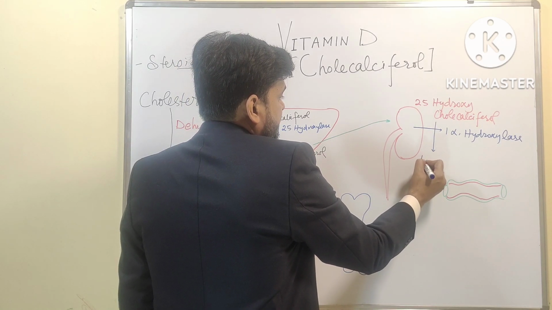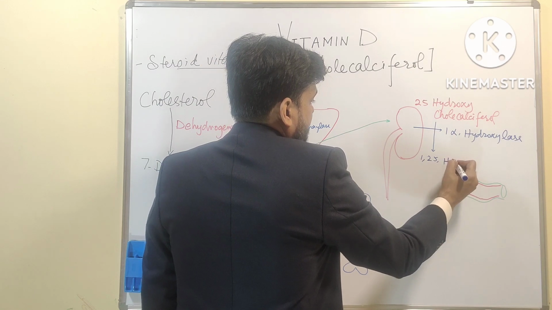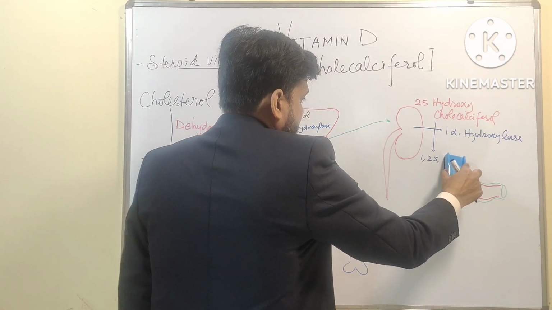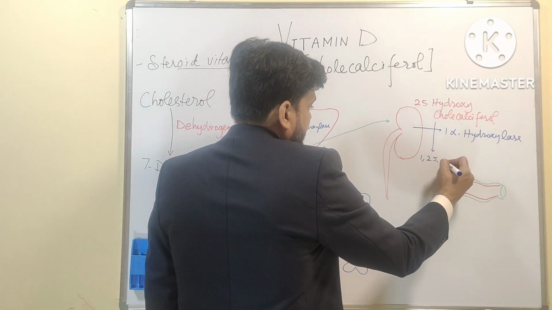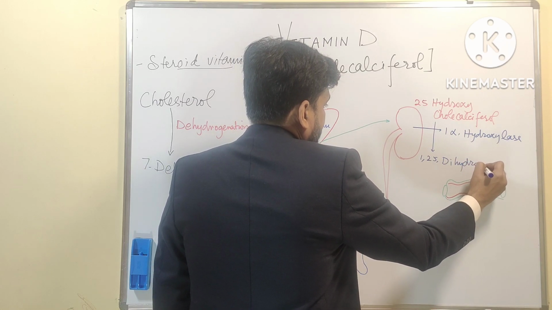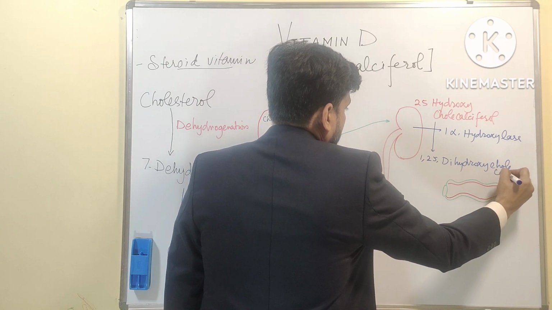So now we have 1,25 dihydroxy. Now we have two hydroxyl groups, so that is why 1,25 dihydroxycholecalciferol,